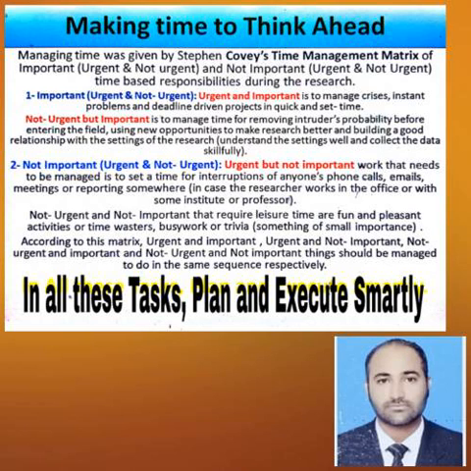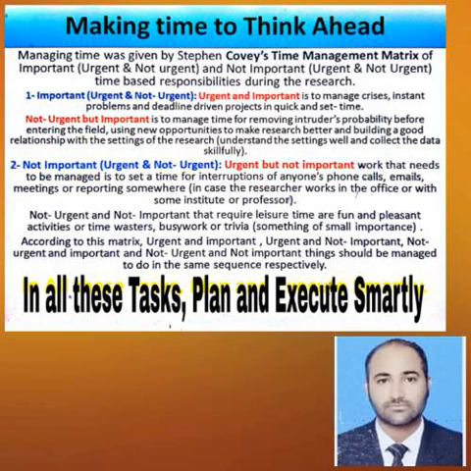And these are the priority number three, or square number three activities, which are to be done on the priority number three. That is the not important and urgent activities. The priority number four, or the square number four, contains the not urgent and not important activities. So not urgent and not important activities are those that require the leisure time, or the fun